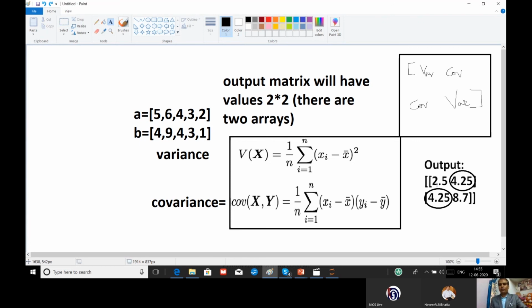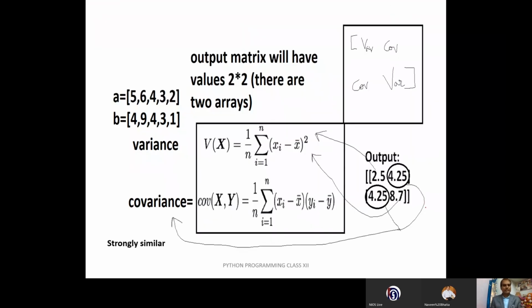When you do the covariance calculation, you will get 4.25. This is called covariance, and these are called variance. So this is clear to everybody. If you have any doubt, you can send a message or any comment and query. If you want step-by-step explanation also, I can do it.